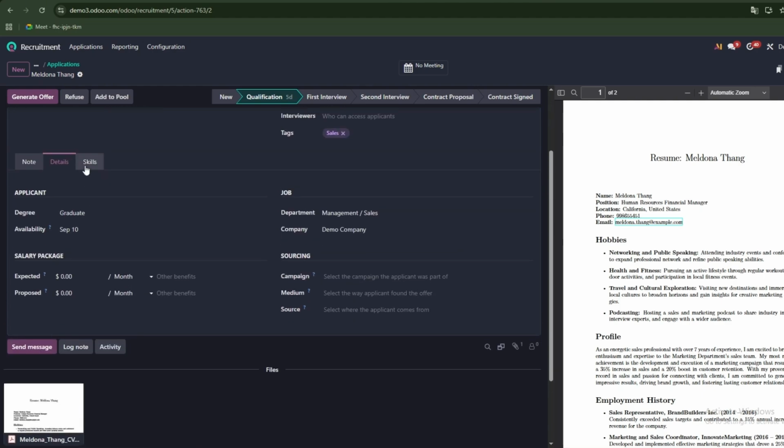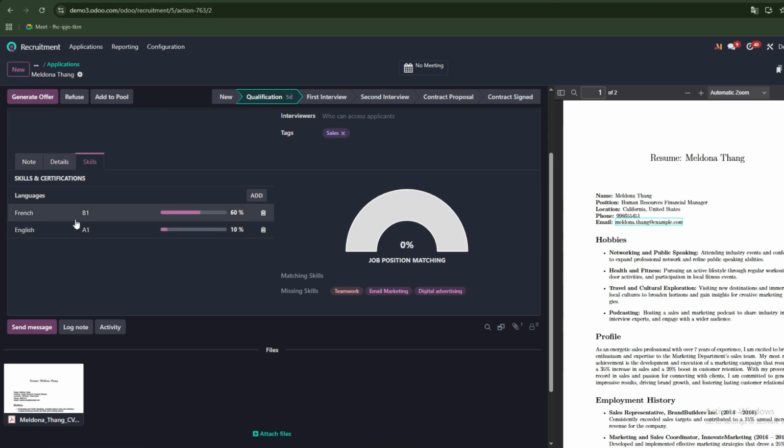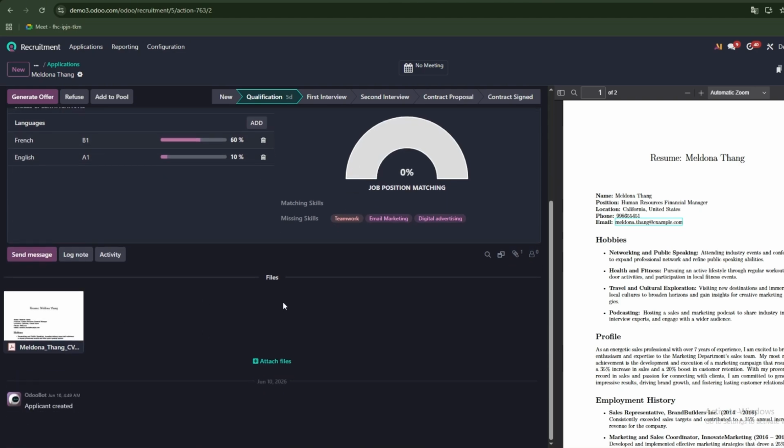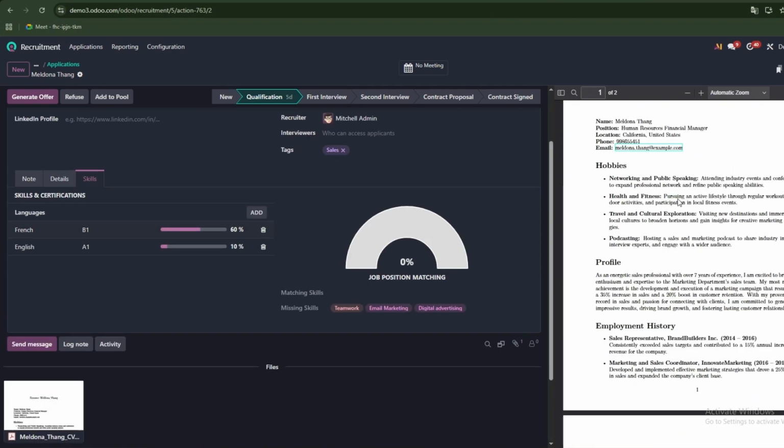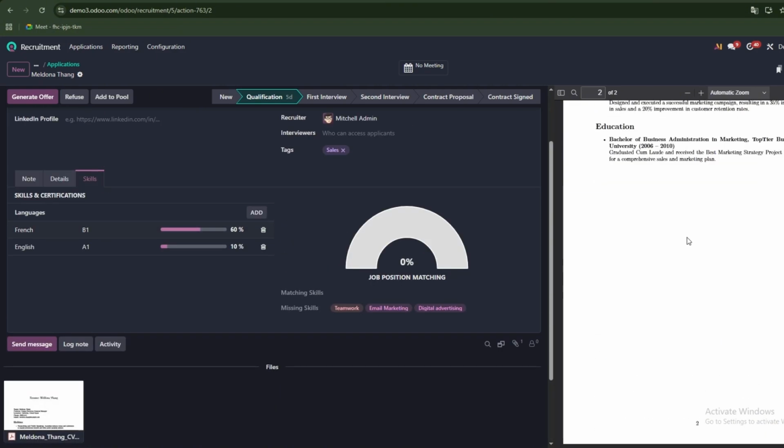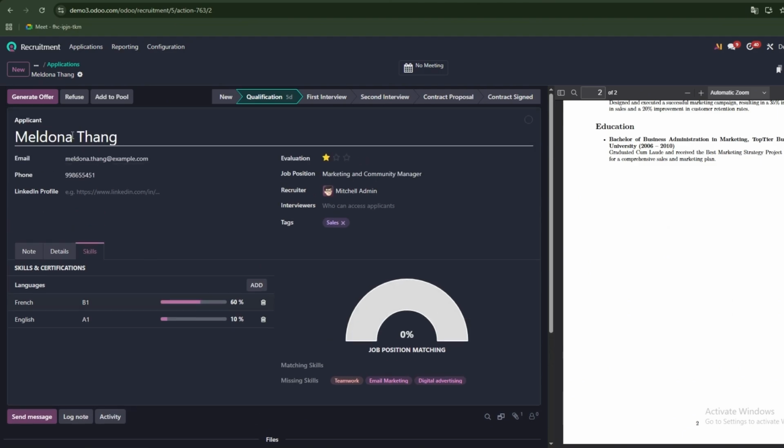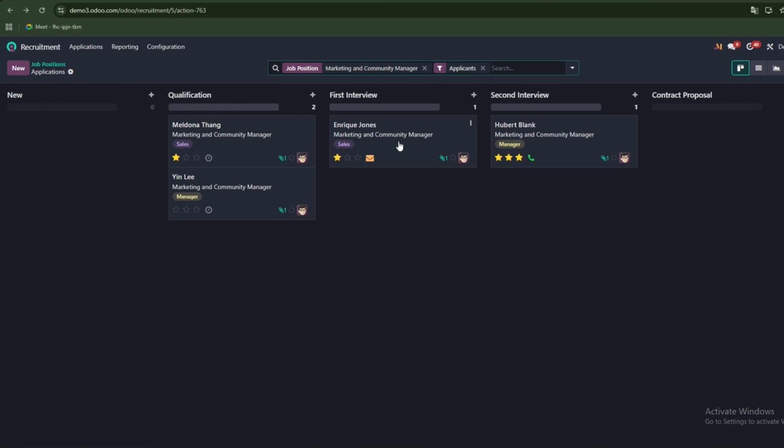When we open one of the applicant profiles, we can review the contact details, LinkedIn account, and resume directly. From the Details tab, we can see information such as educational background, availability date, and expected salary. The Skills tab also provides a clear comparison of the applicant's skills and languages, helping us evaluate how suitable she